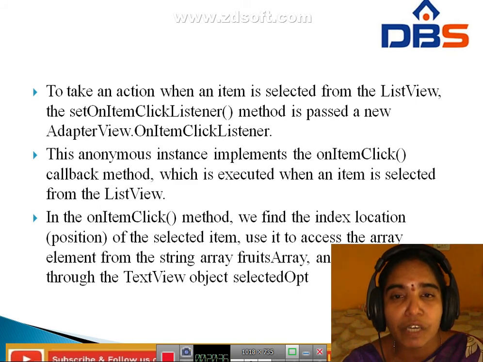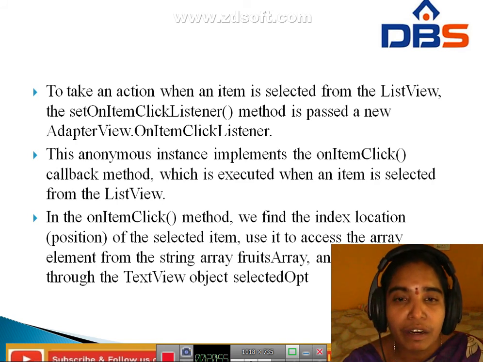It is executed when an item is selected from the list view. Next, in the onItemClick method, we find the index location, means position, of the selected item. It is used to access the array element from the string array fruits, and it is displayed through the TextView object selectedOption.